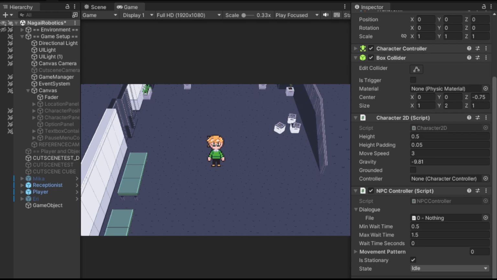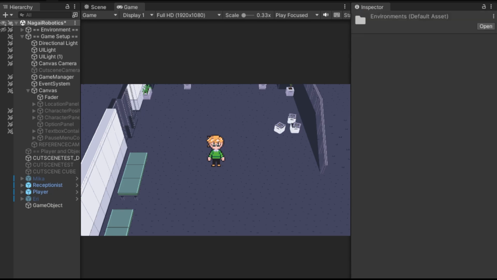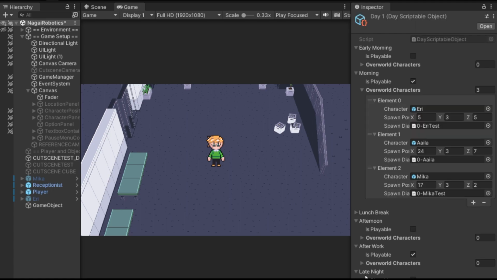So what I did was, where is it? I think it's in the scripts folder. Yeah, here we go. I made it a scriptable object, which is a Unity sort of data storage kind of object, whatever. And a day will be comprised of different periods, right? Early morning, lunch break, afternoon, like the Persona games. And then it will have